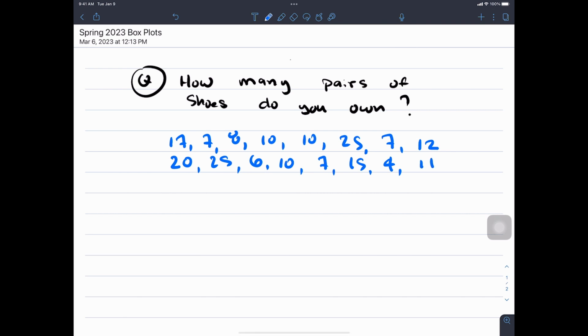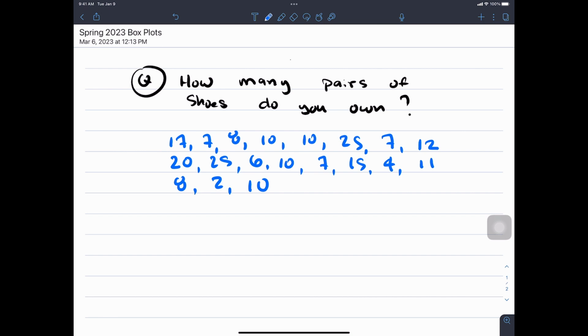11. Okay, and then 2 more data values. How many pairs? 8. How many pairs? 2. How many pairs? 10. That's such a great question. How many pairs of shoes do you guys own? Good job. Okay. So let me kind of go through this idea for us,